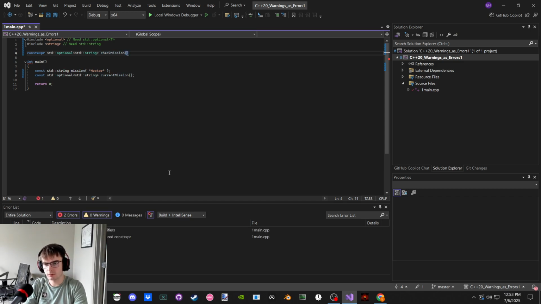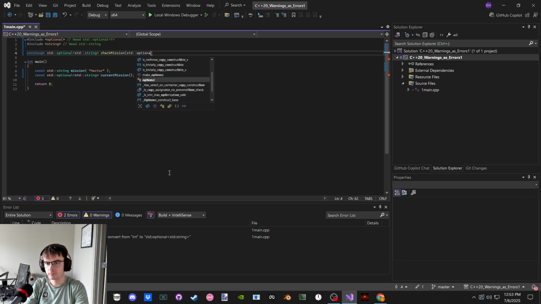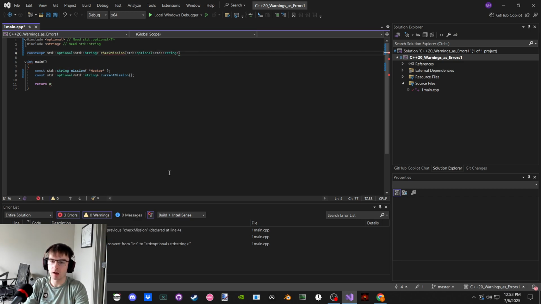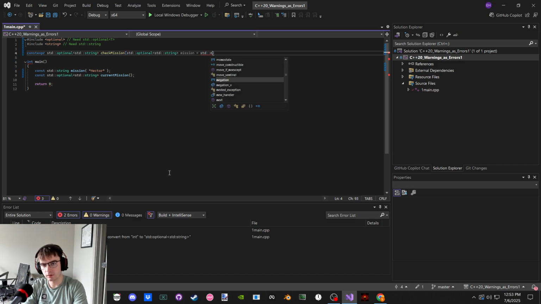Check mission, and it takes, we could use it as a parameter. We could say standard optional taking a standard string. Mission, and it's initialized with, and it's standard null opt. How about null opt? Yeah, standard null opt.